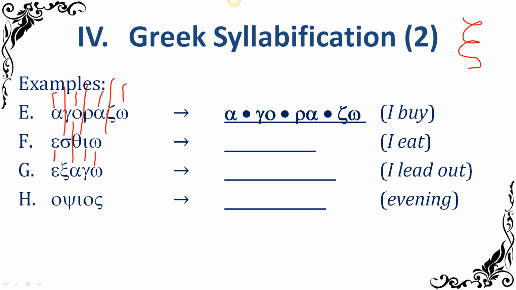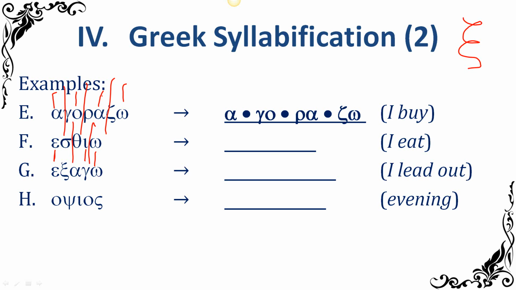S. And then the next syllable is actually really easy because after that next vowel, iota, there are no other consonants after it, right? It's just iota and then omega. So there's no consonant to worry about picking up. So it's just going to be divided between the vowels. I don't have to worry about whether or not it picks up the next consonant because there is no next consonant. It's a vowel instead. So we divide between the vowels unless they're diphthongs. Exactly. Okay. And this is also telling us how that iota is going to be pronounced. Is it going to be the long iota or is it going to be the short iota?